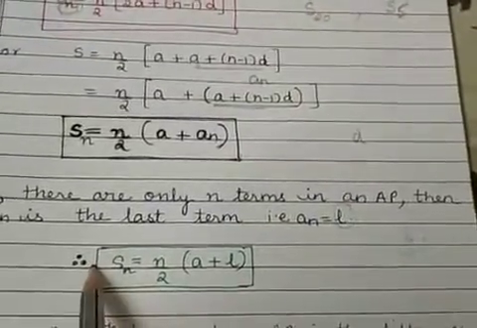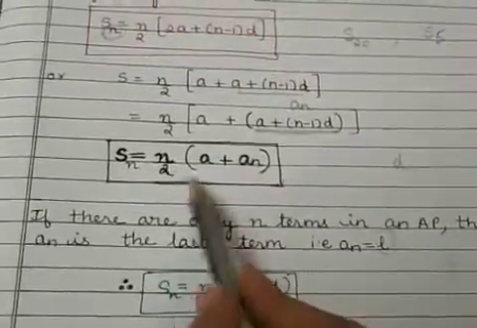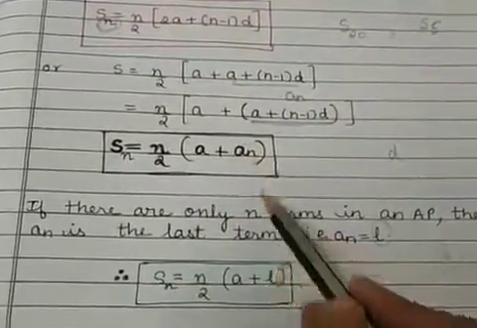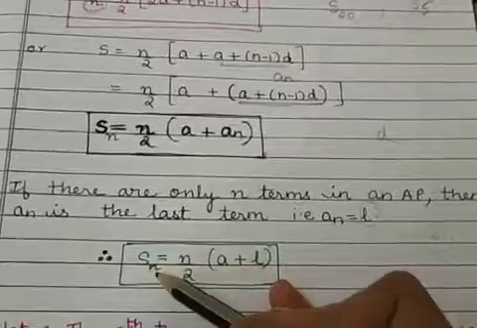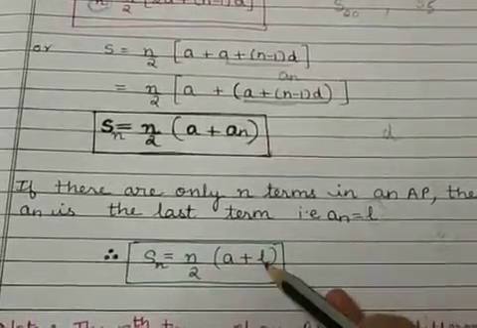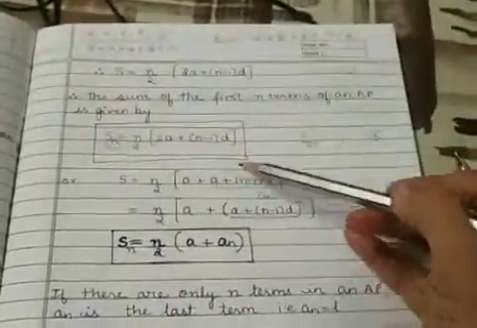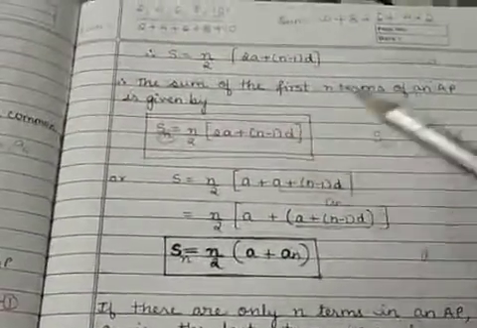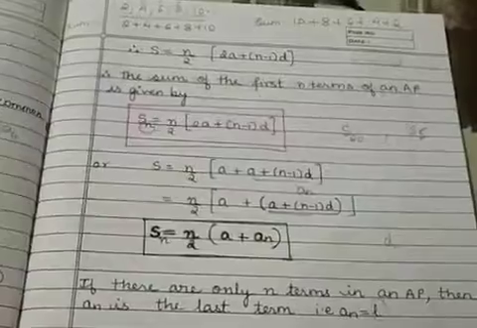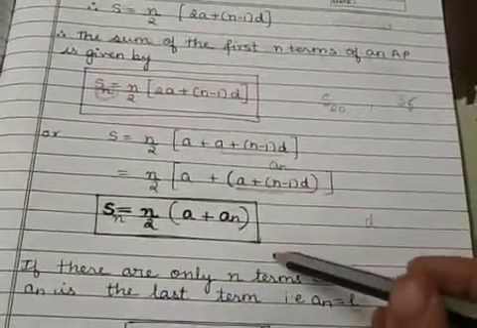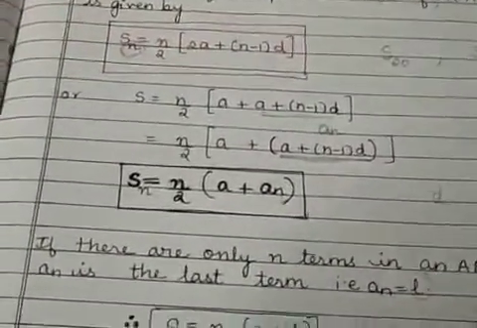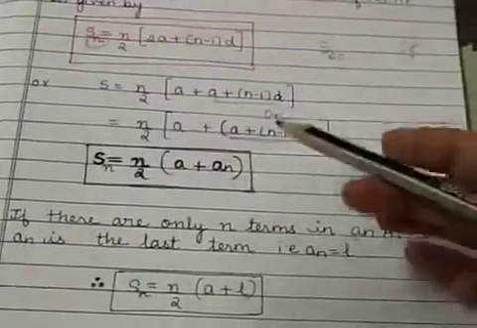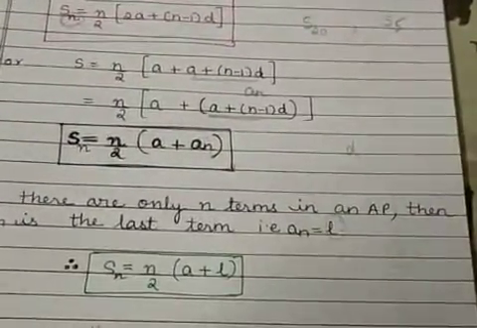And you know that the last term is denoted by small letter l. Correct? Therefore, you get Sn is equal to n upon 2, a plus last term, which can be denoted by l. So Sn is equal to n upon 2 (a plus l). So these are the 3 formulas to find the sum of n terms. Now, based on what is given in the question, you are going to use the formulas accordingly. Based on the information given to you, you can apply any one of these 3 formulas.